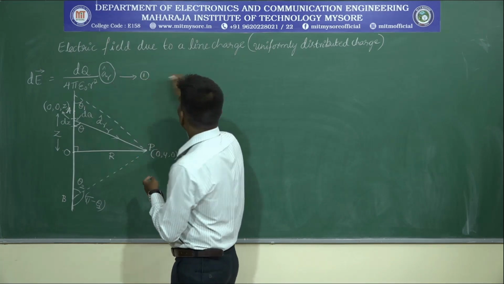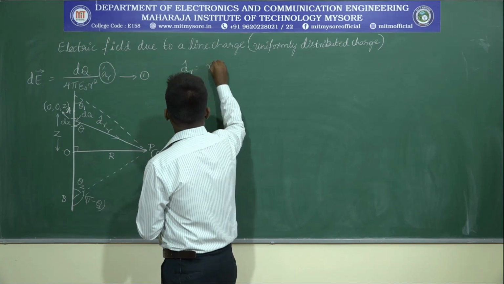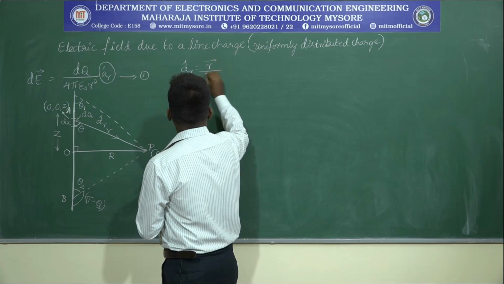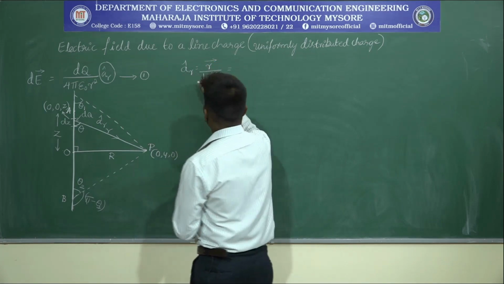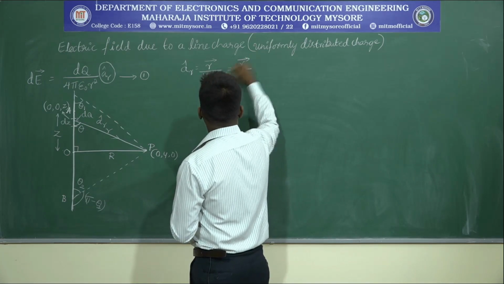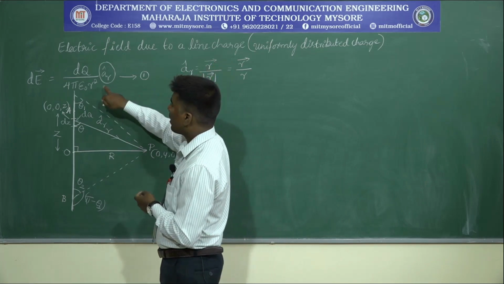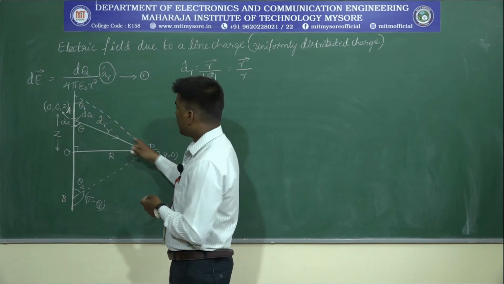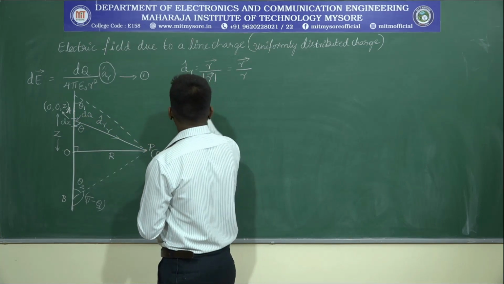It is a unit vector, defined as the vector divided by its magnitude. We know that the magnitude of the vector is r. In order to calculate this vector r, we need to calculate the distance between these 2 points by using the distance formula, that is